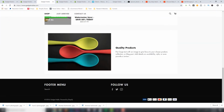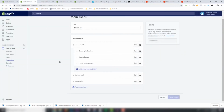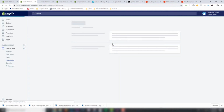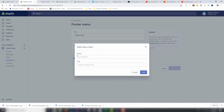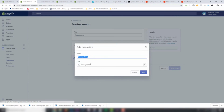So our footer, remember we need to have our footer as well, because of course, when it comes down to advertising on Facebook, Facebook likes to see that you've got at least these pages there, 100% required. Okay, so footer menu, we want to be adding in our page, and we need our privacy policy,